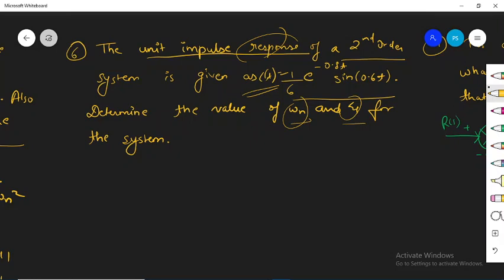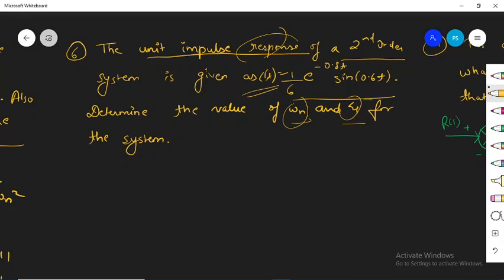Now you can do one thing, it can be taken as a homework. We have discussed in detail about the response of the system when unit step input is applied. So what you can do, you can just take unit impulse as the input, and again you can find out the response of the system, generalized equations for the system, and if you get it, then you can have a better insight. Then again come back to this question, and then you can solve the question by comparing the standard output that you are getting and the output that is given over here.